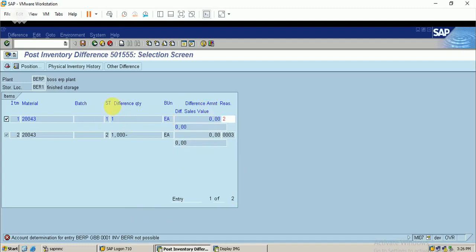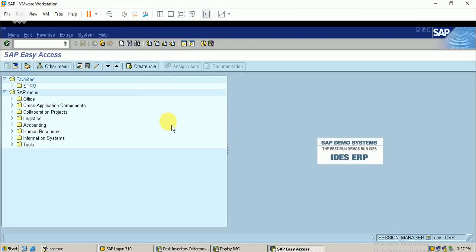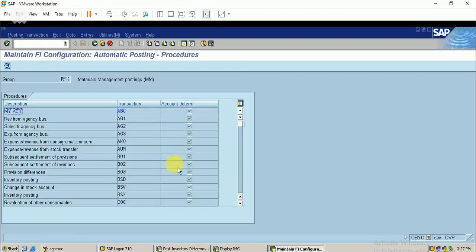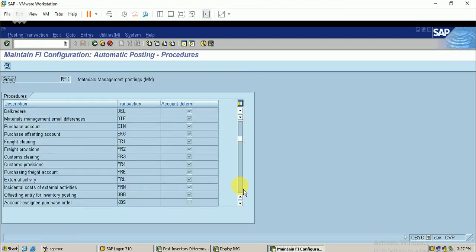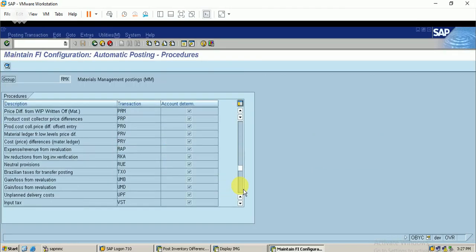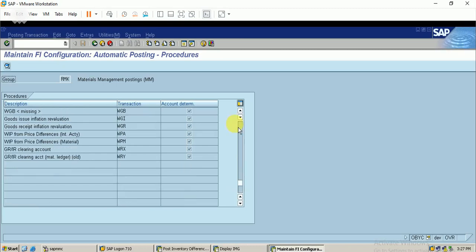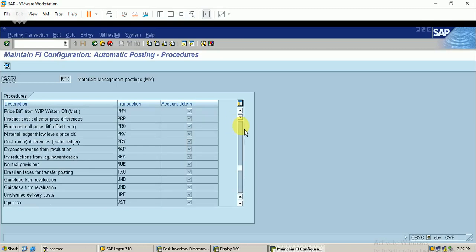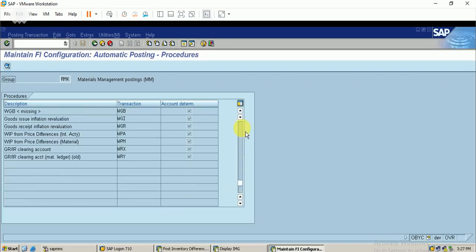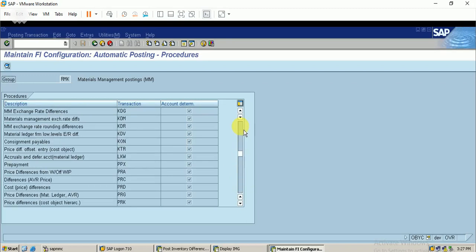So I just go to the new tab. I just want to create a new account. Before going to this, I just go to the account determination. I hope you know this account determination; I have posted a separate video. So the transaction is INV. Sorry, it is an offsetting account, that is GBP. Here it is. Okay, I just go into the GBP.